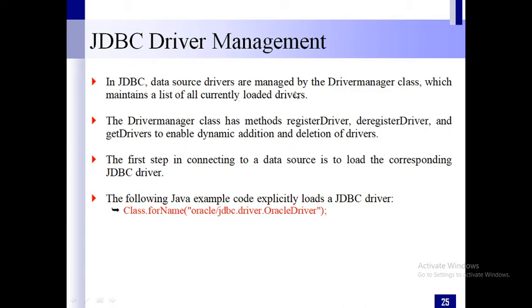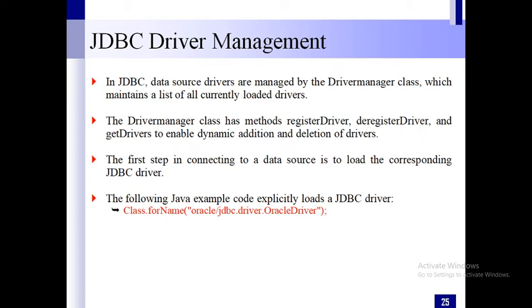It will have a list of all drivers which are loaded at that time. Presently, what all the drivers are loaded, that list will be maintained by the driver manager. And also it has methods to register a driver, then deregister and get drivers. So these are the methods in the DriverManager class. Mainly we are using this DriverManager class to load the specific drivers.